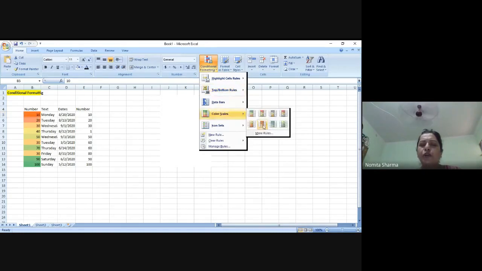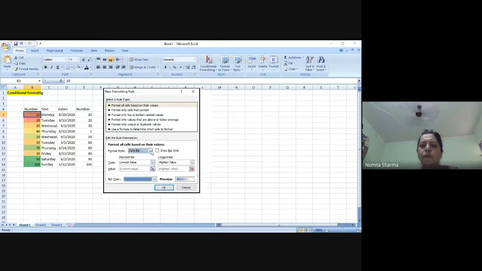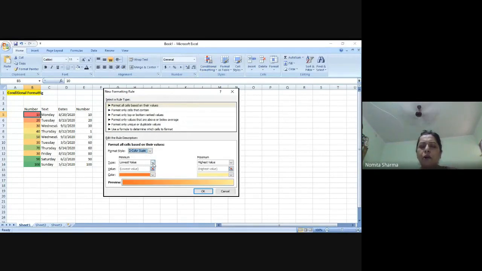So we can define what we want to show. You want to use a 2 color scale, data bar, or a 2 color scale icon set, which we'll be doing later on. You want to highlight the lowest value with a number, or you can highlight this number also. So this definition in conditional formatting will actually depend on the nature of the problem that you're working on.